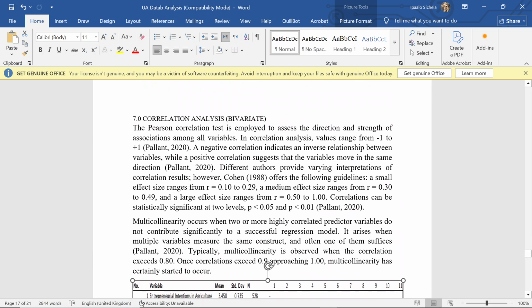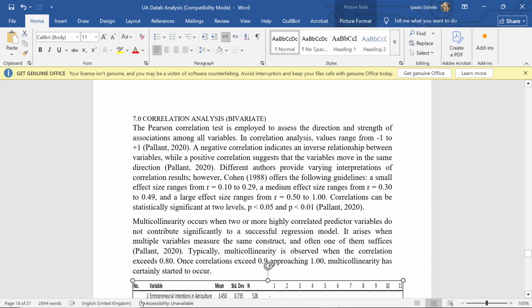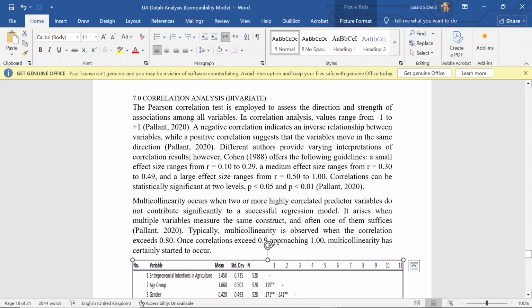Okay, so there are two main types of correlation analysis. There's Pearson correlation, then there's Spearman correlation. Pearson correlation is a parametric test for correlation, then Spearman is a non-parametric test. A parametric test, or any parametric test, means you perform that test if you've satisfied the prerequisite conditions of passing normality. So you have to pass